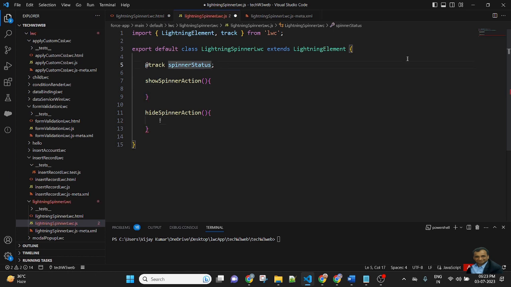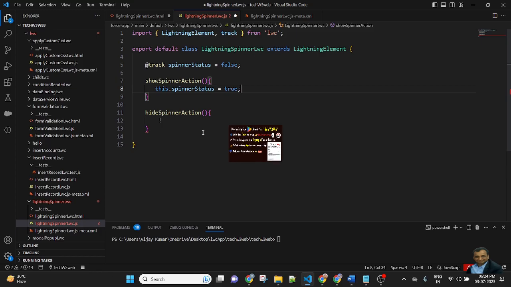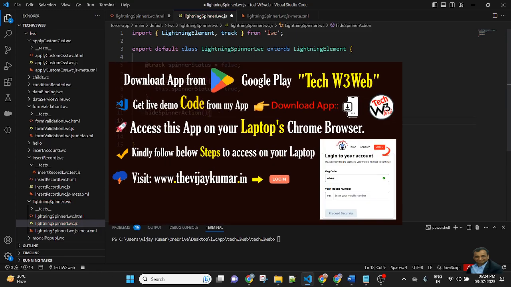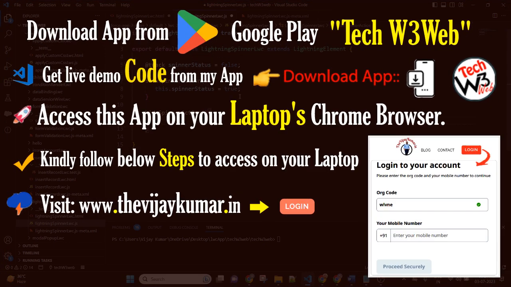By default this spinner status is false. Whenever the show button is clicked, the spinner status value will be set to true: this.spinnerStatus equals true. And whenever the hide spinner button is clicked, the spinner status value will be false: this.spinnerStatus equals false.